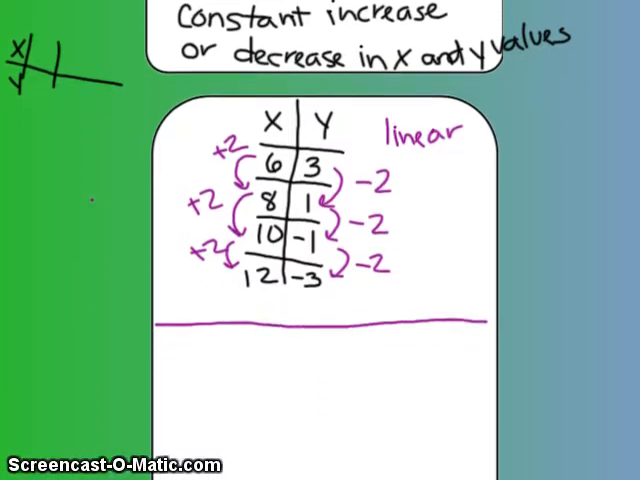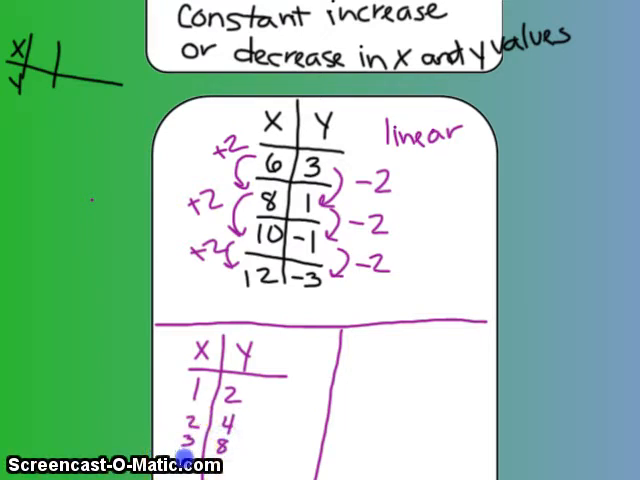Our next table, I'll split mine in half here because I don't have enough room. So we have x, y, we're making our t table. And actually we don't have to make a line in between every one, we just have to make sure they're separate from each other. So we have 1, 2, 2, 4, 3, 8, and then 4 and 16. Okay, so for this problem,